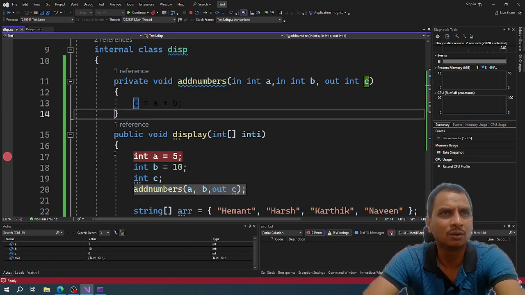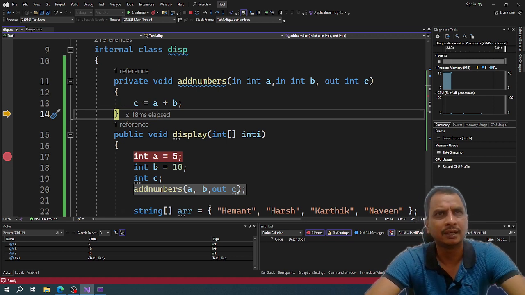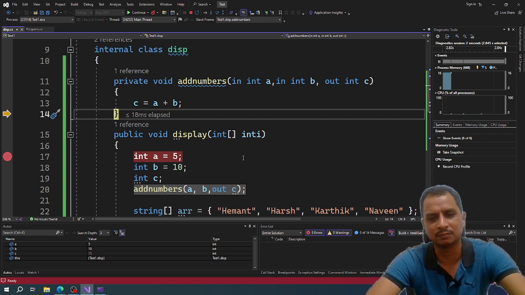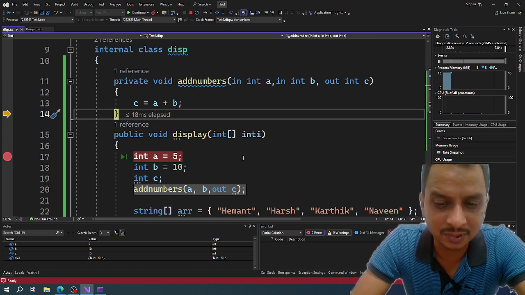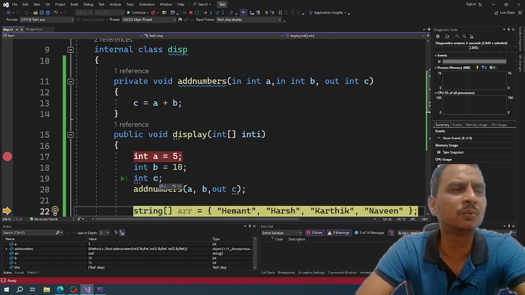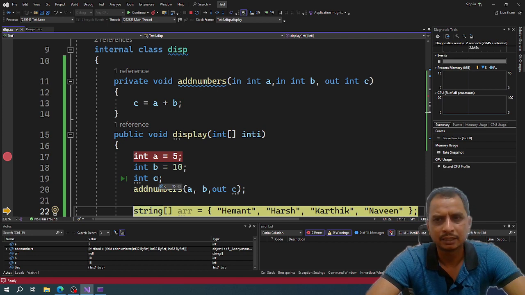Okay, now the value of C is 15, right? And till now you can see the value of C here is, oh yeah, already come, right? Because that is an out parameter, otherwise. Okay, now you see it was 0 before we were going there, now it is 15. So this is another way of having multiple returns, and you can have multiple parameters. Suppose if you want the same parameter to be modified, then you can declare this parameter as,